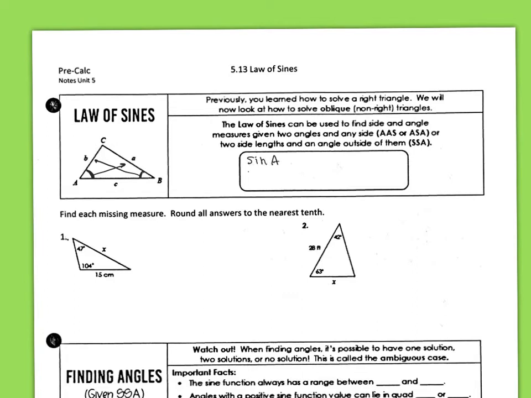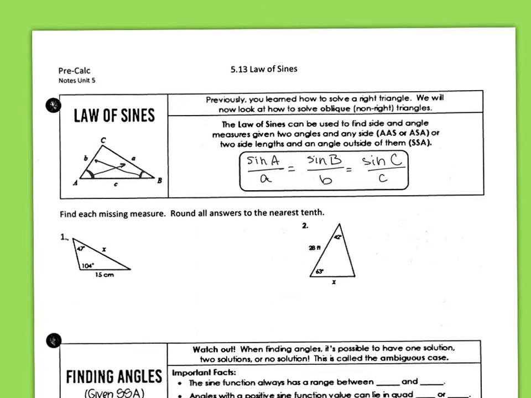So you do the sine of angle A, and that goes on top of side length A. And then we just proceed on down the line. We can do angle B, sine of angle B over side B, and the sine of angle C over side C. Now, solving a proportion with three things is not really something you want to do, but for example,